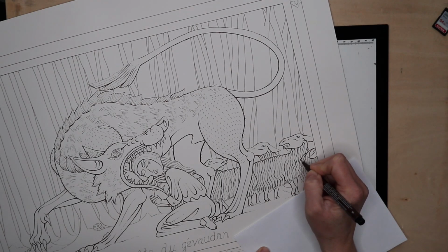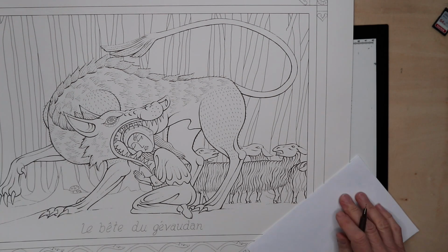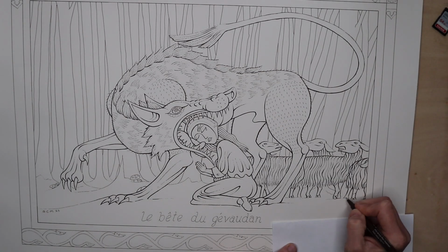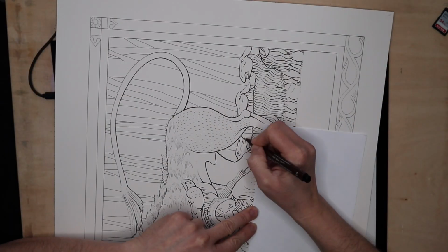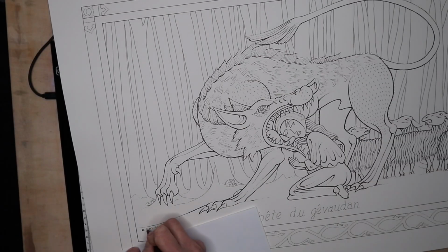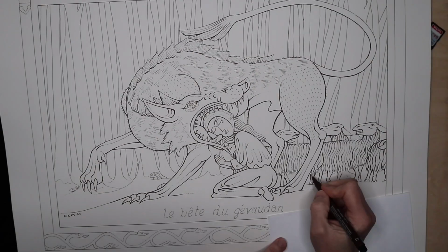But with the inking, I just find it very therapeutic, and that's generally why I stick with the superfine pen, so I can just gradually build up the line, rather than go straight in and it be absolutely perfect straight away. I will just gradually go in, build up that line, thicken it gradually. I've added my signature already,